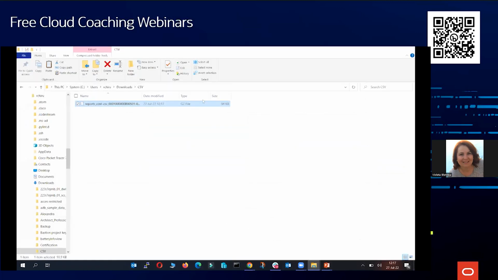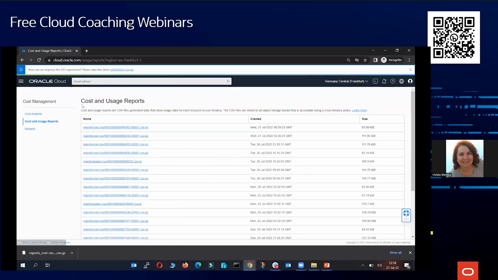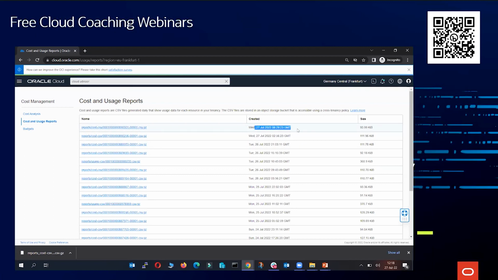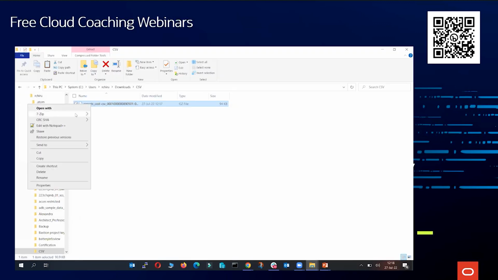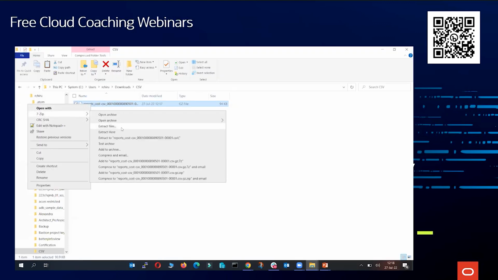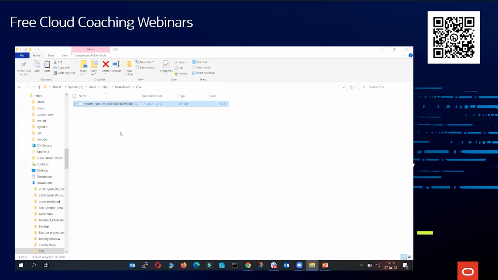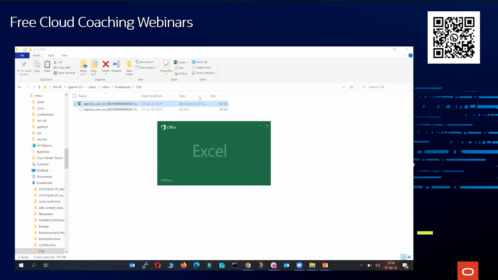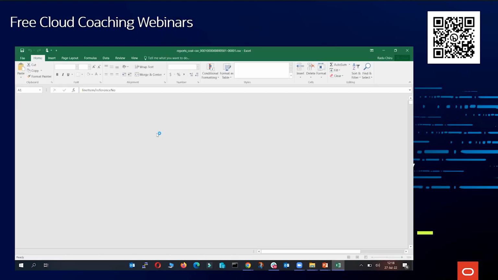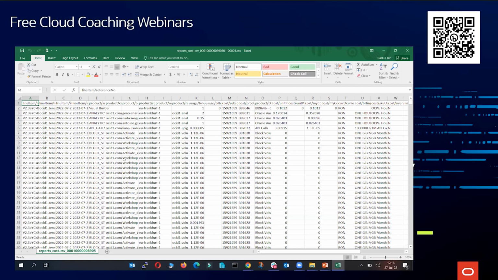So I downloaded this report, the usage report, the last one from today. Actually, it's from 27th of July, and I'm gonna use 7-zip to extract it here. This is how you work with the GZ files. So I'm going to open this report, and you will see that it's a very comprehensive report. It has a lot of lines and